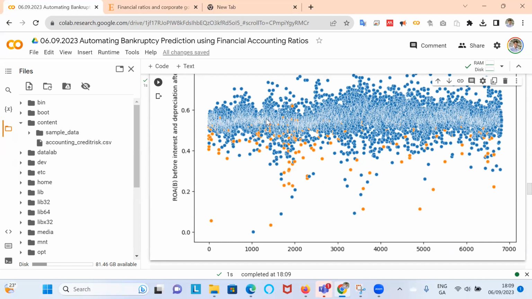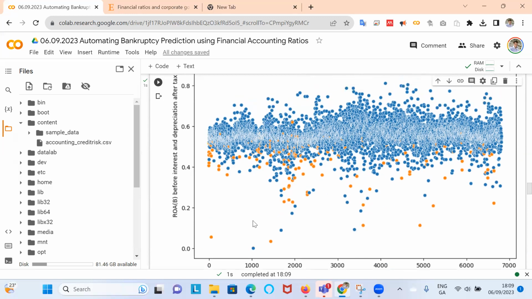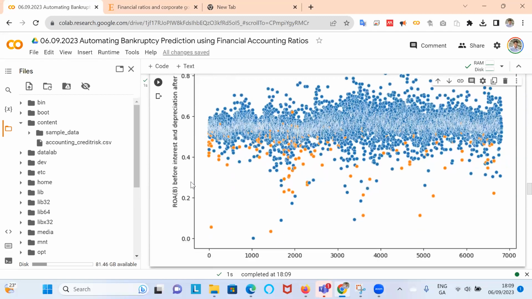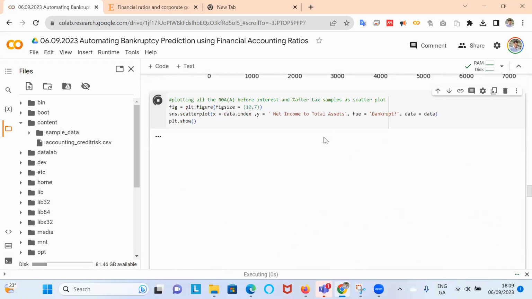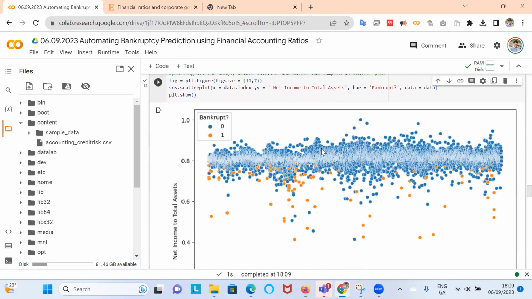So it's not a hard rule; we do have exceptions there, where there is low profitability and the company is not bankrupt or doesn't go bankrupt. But many of the companies that end up in bankruptcy have these lower profits. Their profitability is less. And again, the same here, net income to total assets, a similar picture.